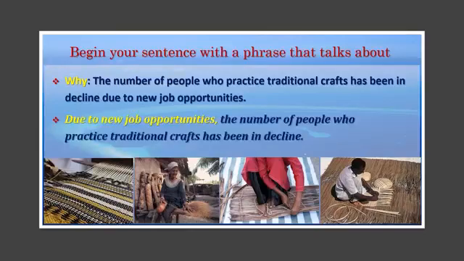If your sentence looks like this, then you're on the right track. Due to new job opportunities, that is the reason why. That's the phrase that talks about why. Due to new job opportunities, the number of people who practice traditional crafts has been in decline. Okay,